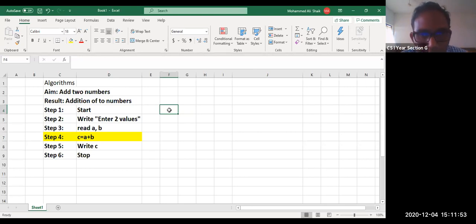Now that plan is also called an algorithm. If you write it on paper step by step, then it is also called an algorithm. Now you convert this algorithm into code in a particular programming language. It may be C, it may be Java, it may be any other programming language. Then it is called a program. That is the only difference between an algorithm and a program. A program also requires an algorithm.